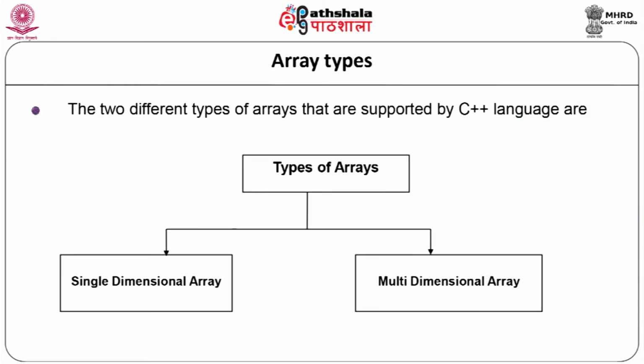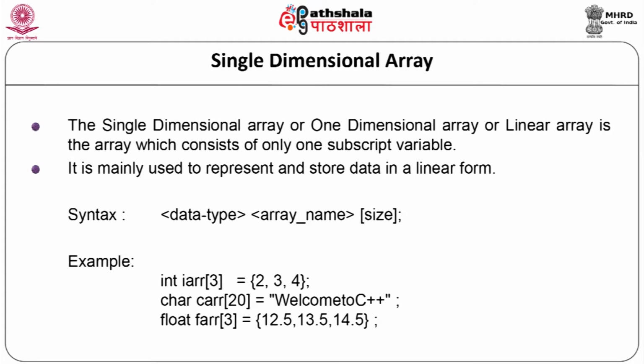The two different types of arrays that are supported in C++ are single dimensional arrays and multidimensional arrays. Now, let us first see the single dimensional array. The single dimensional array, or one dimensional array, or linear array, is the array which consists of only one subscript variable. It is mainly used to represent and store data in a linear form. The syntax is data type, array name, and in square brackets the size. Now, let us see the example. int ir[3] = {2, 3, 4};